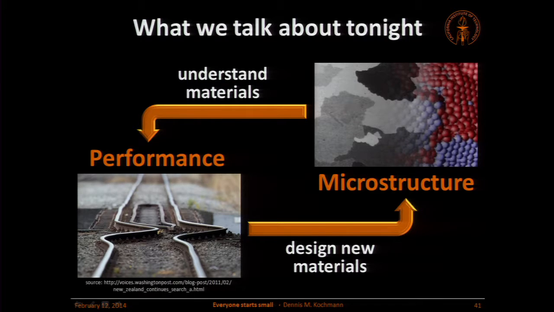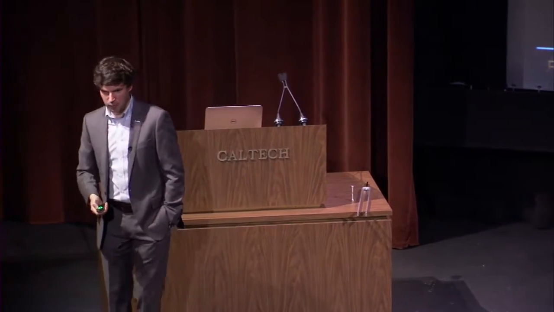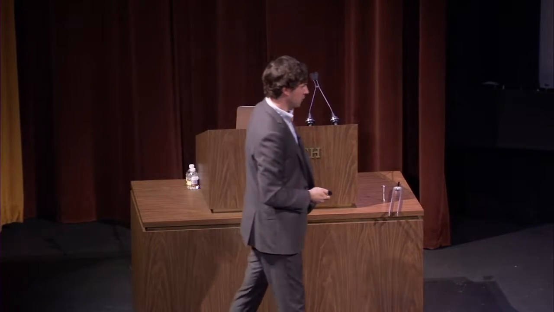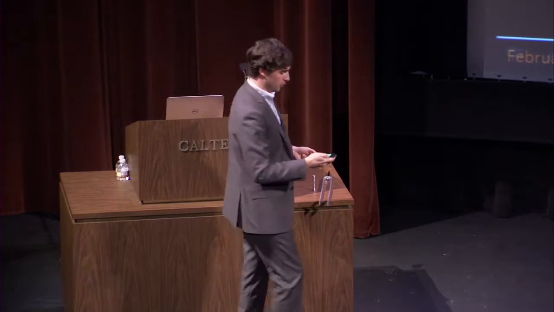And to do this, I'd like to briefly review how one designs materials, how one has done this, because this is not new, the business. People have done this for a long time. I'd like to explain this by a popular family here in the States. A long time ago, what people did basically is take different materials, go to a lab, put them together, you get a new material, and you learn what it's like. This is the alchemist approach.